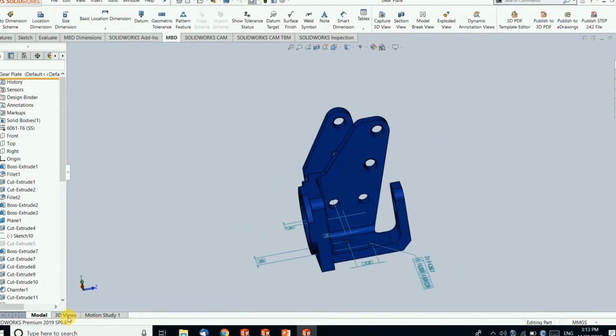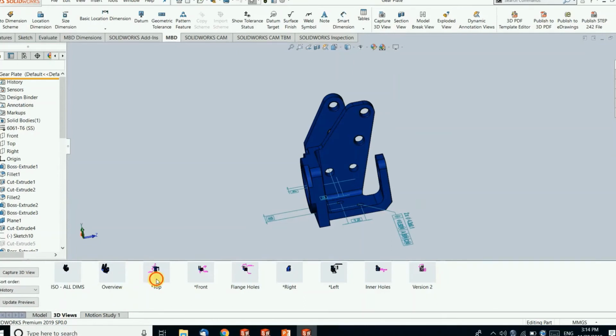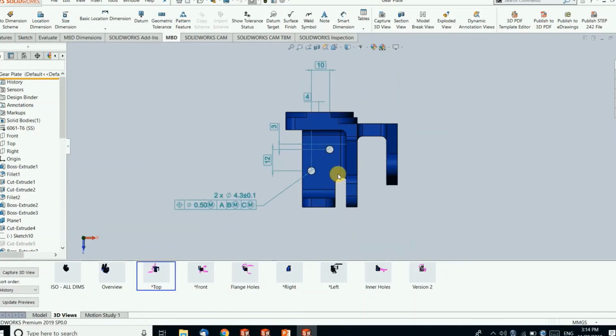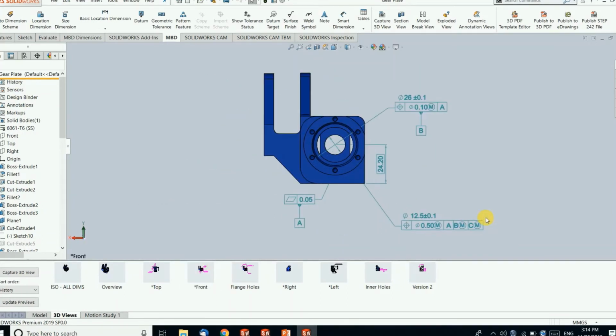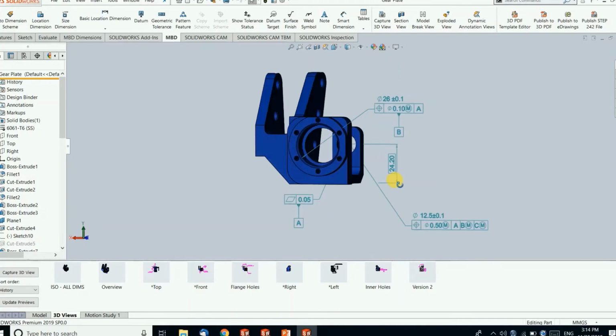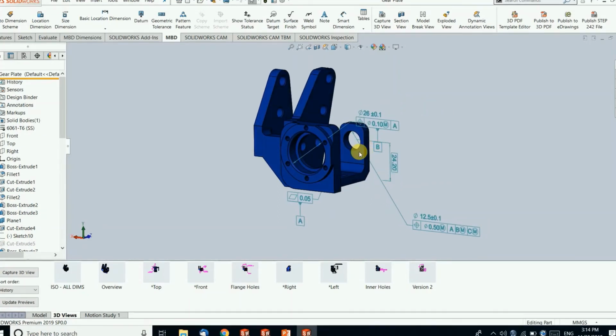Here you can see there are some already created, predefined views available with the product manufacturing information. So when I switch from one view to another, only the appropriate dimensions really needed for machining in that specific area are shown in those views, right? This lets us clearly understand the machinable features and their appropriate dimensions instantly,